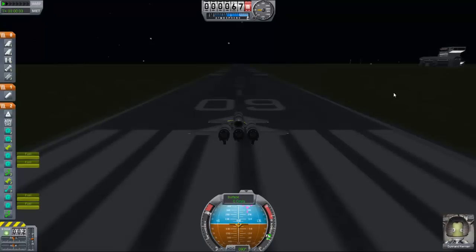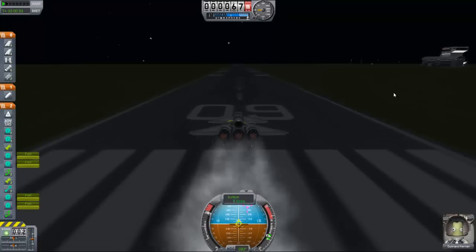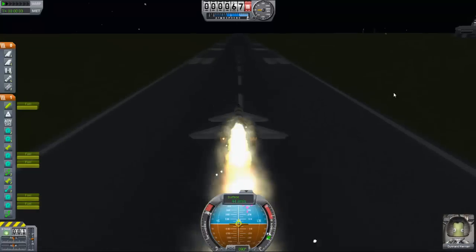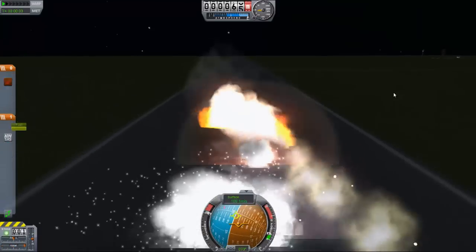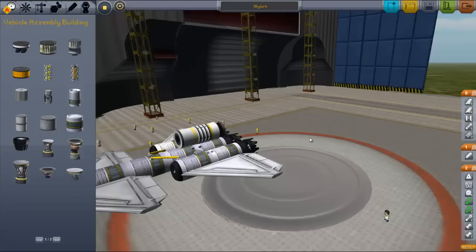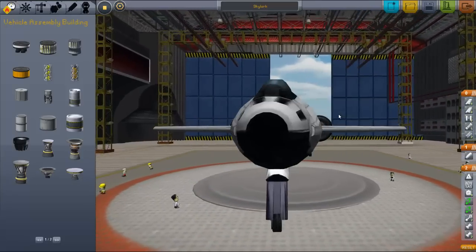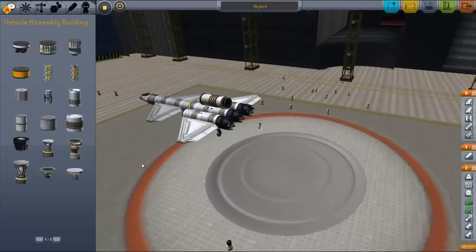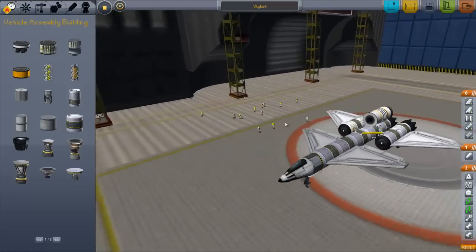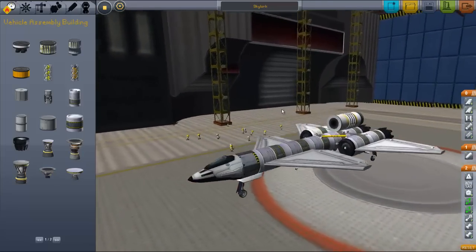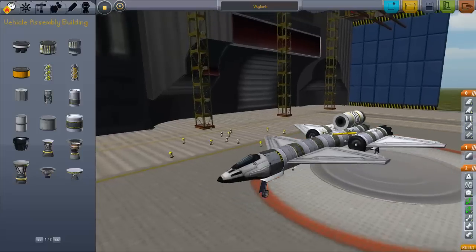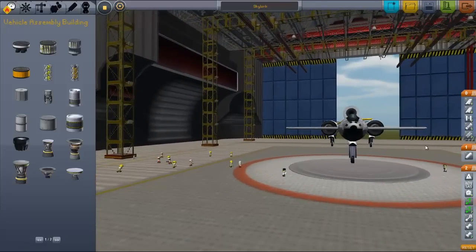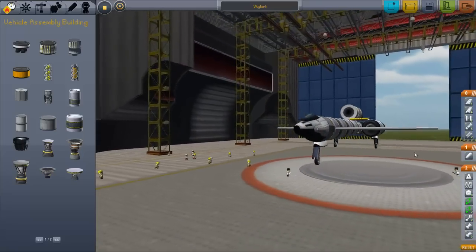Let's throttle up and get the engines up and running. And boost. Forgot how long these things last. Whoa, that didn't work. Right, I might leave this cacophony of fails here. I'm going to need your guys' help here, so if you have any ideas on how I can make Skylark work, because at the moment Skylark is just failing. Fail-lark, more like. So, yeah, thanks for watching this terrible episode, and yeah, help